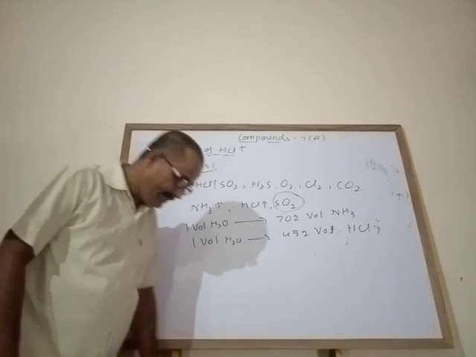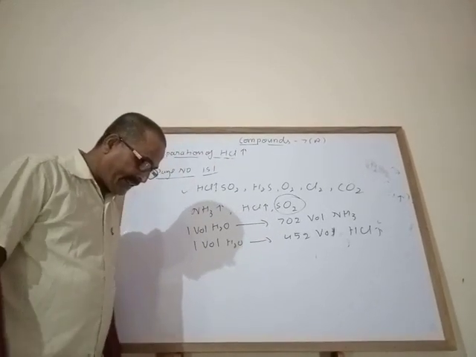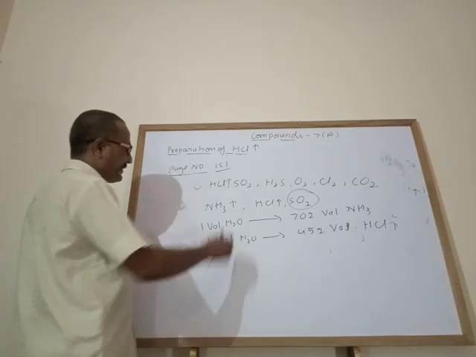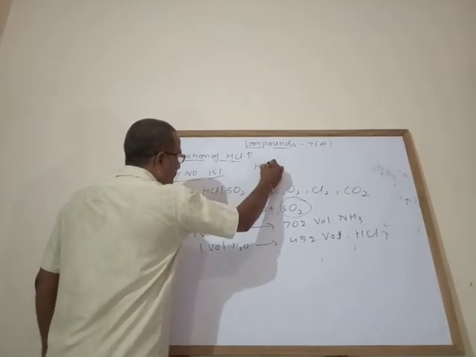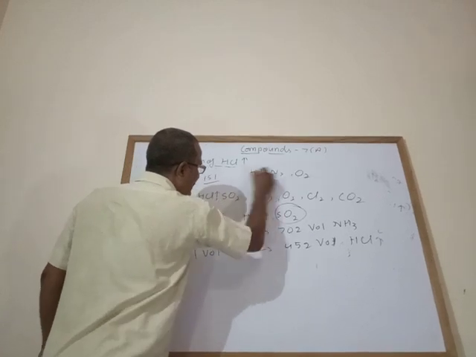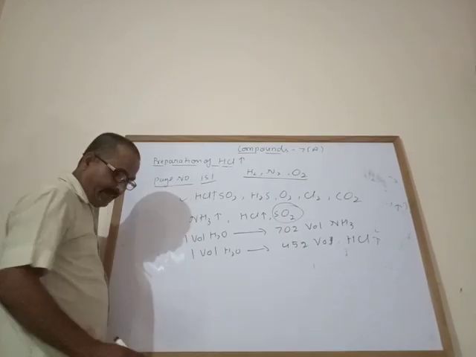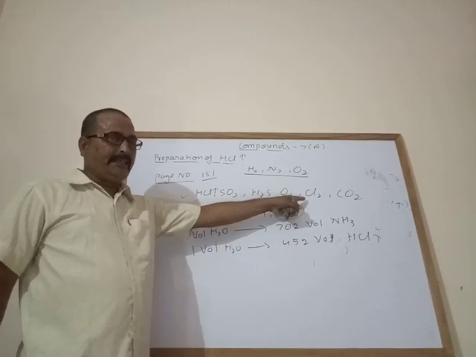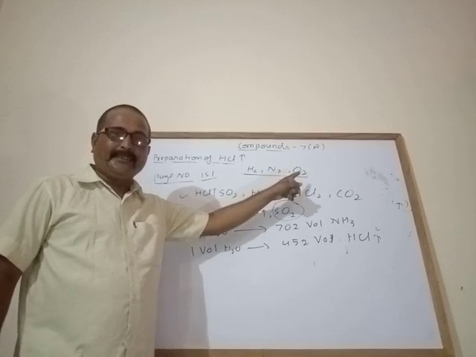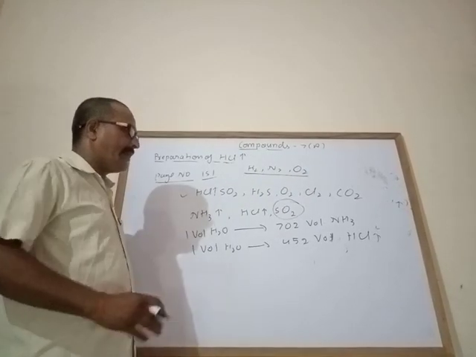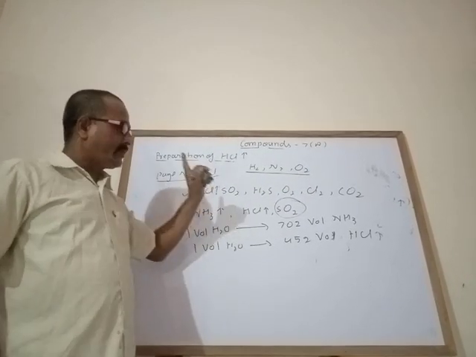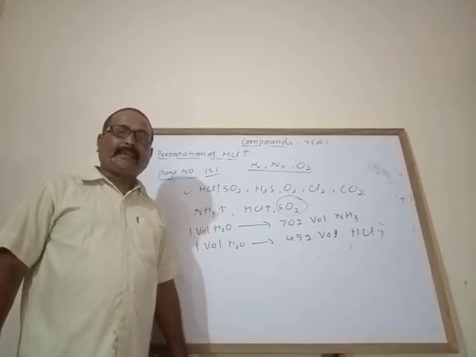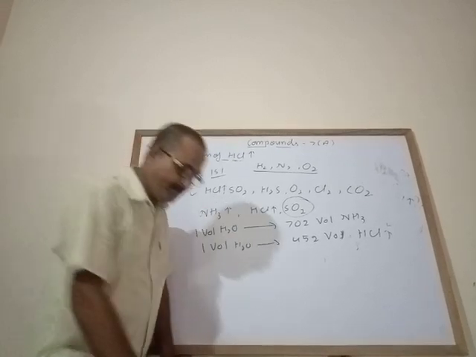These are given here. Now the gases which are lightly soluble in water: hydrogen, nitrogen and oxygen. These gases are lightly soluble in water. This one is heavier than air. I have written lightly soluble in water. Which are the highly soluble ones? Only ammonia gas, hydrogen chloride gas and sulfur dioxide gas are highly soluble in water.